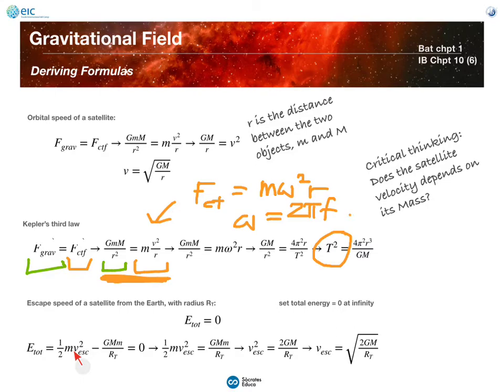And f is 1 over T, so 2 pi times 1 over T, where T is the period. So by replacing this expression for omega into the centripetal force, you just manipulate with some algebra. For omega, use this formula: 2 pi over T, so 4 pi squared over T squared. You've got the r. The m went away because we simplified here. And then